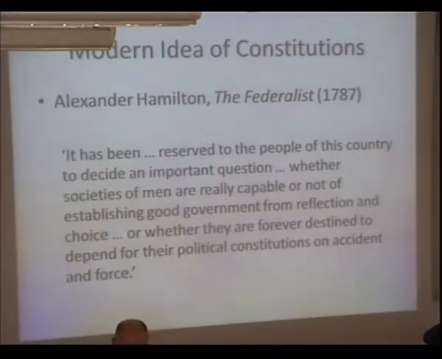And in the first of the Federalist Papers, we have Alexander Hamilton writing, "It has been reserved to the people of this country to decide an important question. And the question is whether societies of men," he means societies of people, "are really capable of establishing good government through reflection, through choice, through consent, or whether they must rely for their political constitutions on accident